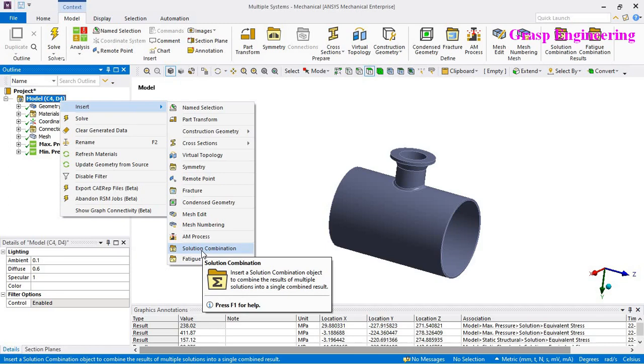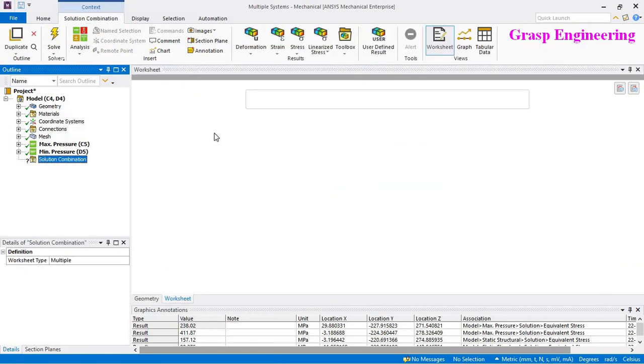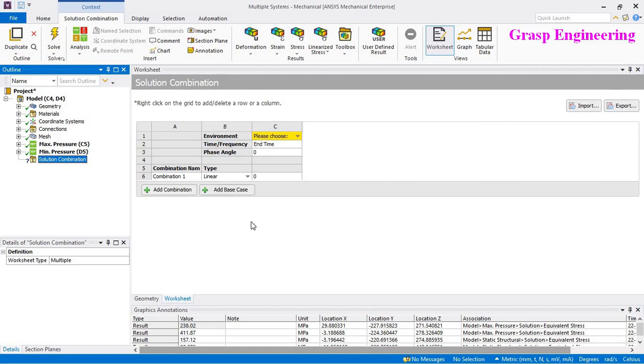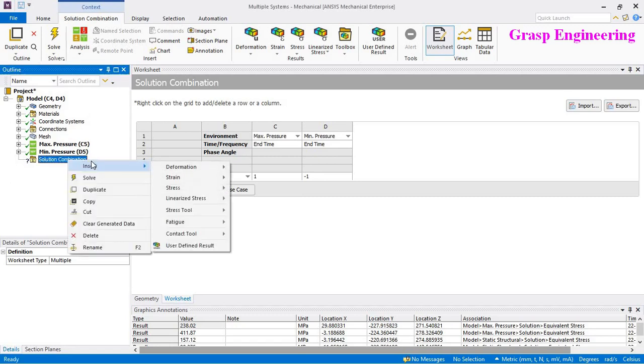So first define the solution combination, and inside this you can choose the first load, that is max pressure condition, and here you can define it as a positive one. So here let's add the base case, let's define the other, that is minimum pressure condition, and here you should define -1. Okay, so max minus minimum, like that it is going to perform the solution combination.